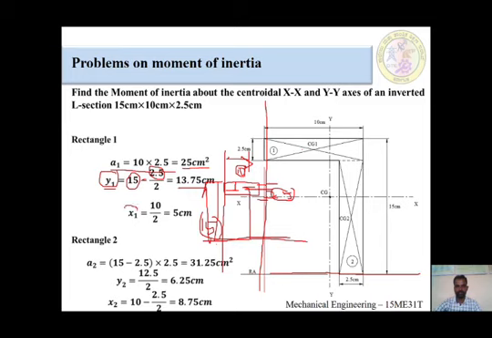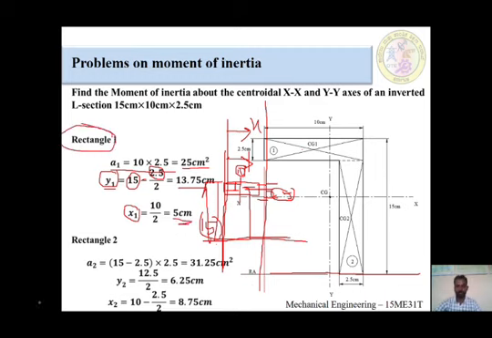After that, we are supposed to calculate the X value. Which reference do we have to take? This reference we have to take. Vertical reference, go horizontal half of the component, we will get the X value. From here to half of the component, the total distance is 10 divided by 2, which is equal to half of the component, 5 centimeter. Okay, this is done, the calculation of rectangular 1.